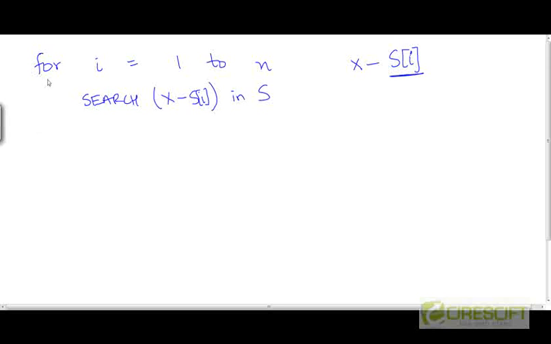We could pick each element one by one and test whether the complementary integer x minus the integer we have fixed is present in S or not. And if our S is sorted, assuming that S is first sorted using merge sort,